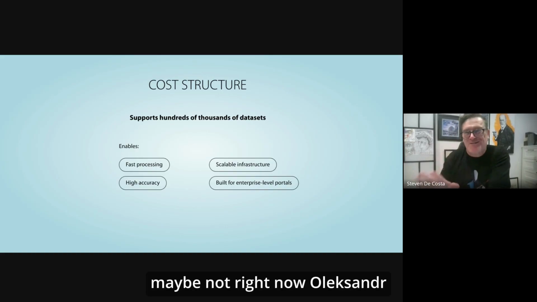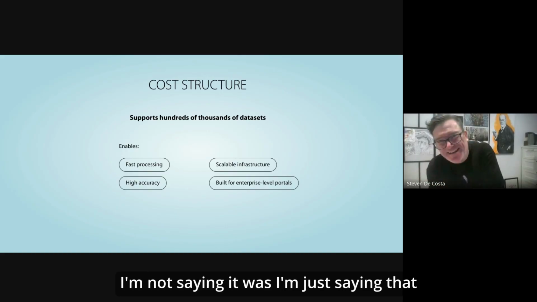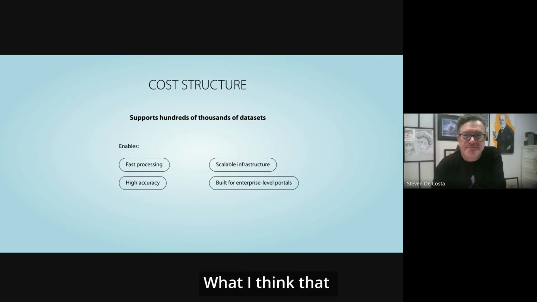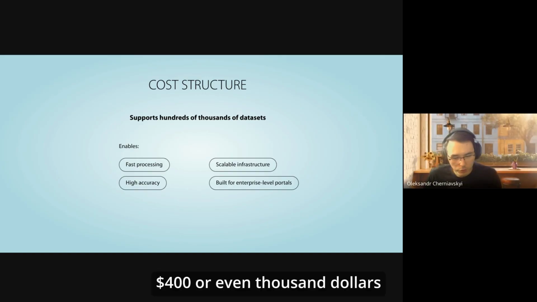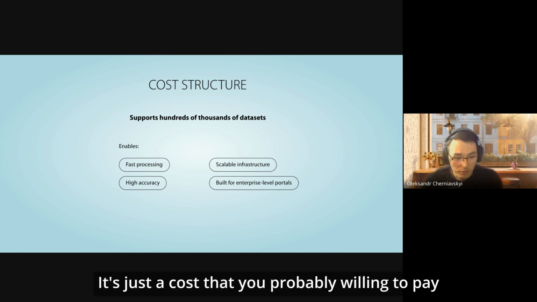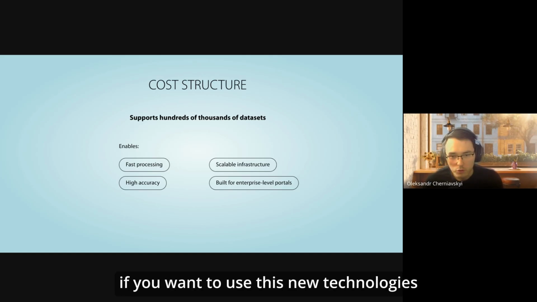Maybe not right now, Oleksandr. I'm not saying it works. I'm just saying that's the kind of engineering we're thinking about, right? Yeah, but I think that $400 or even $1,000 is not the big cost if you have thousands of users and hundreds of thousands of datasets. It's just a cost that you're probably willing to pay if you want to use these new